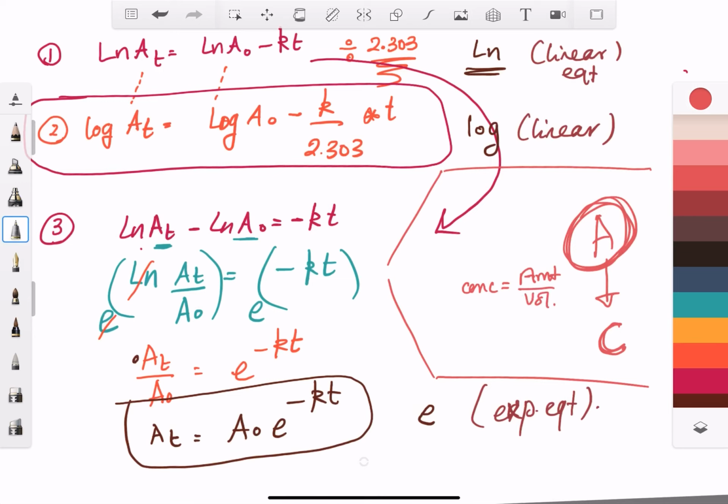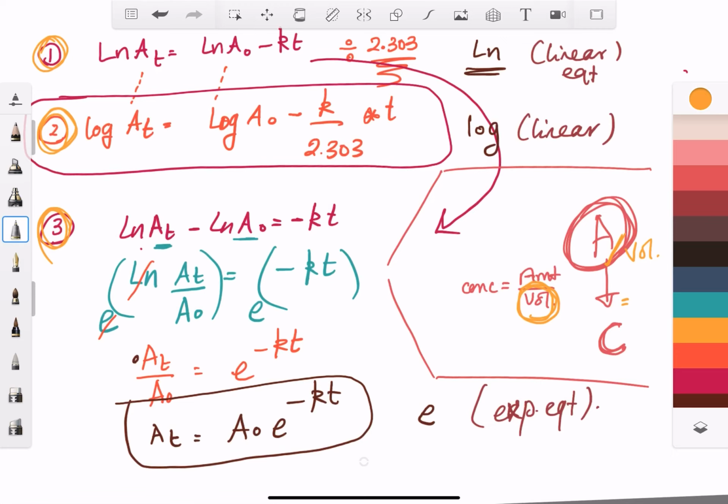So I can just divide the amount by the volume to have the concentration. So each and every equation that we have, 1, 2, and 3, we can have it in terms of concentration at a certain time and initial concentration by just dividing the amount over the volume, if we are talking about a volume that is not changing over time. Okay, so